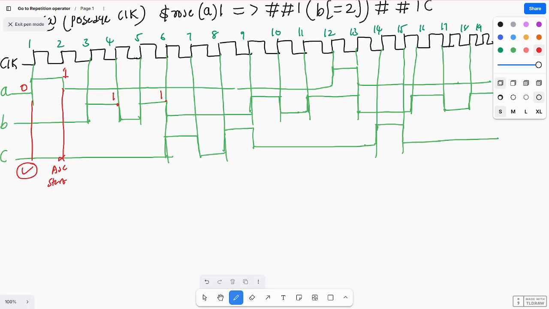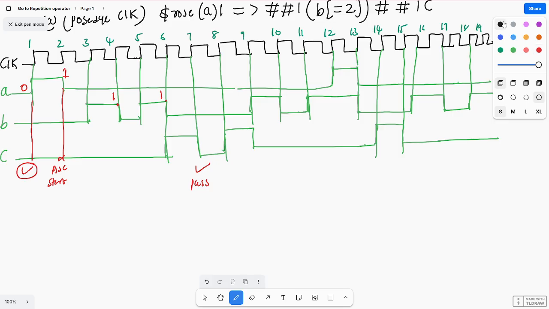Okay, the second cycle, B should be what? B should be 2. So that means at the seventh cycle the assertion passes. Okay, assertion pass, and after this, after one cycle, as C is